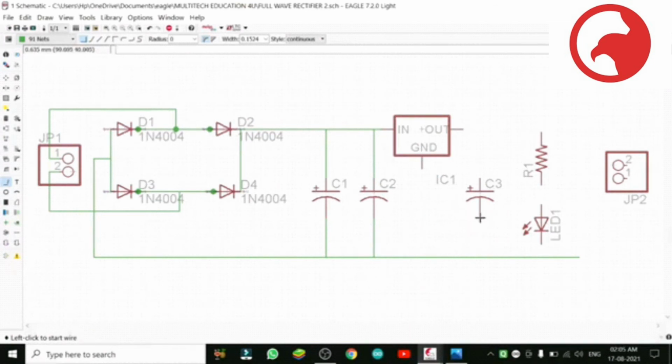It should be on our screen that it is 1000 microfarad. How much is the value of resistance? So how to get it changed? That is also very easy. Just select the component with the move symbol, right click and fill in the value. What value is in our circuit?